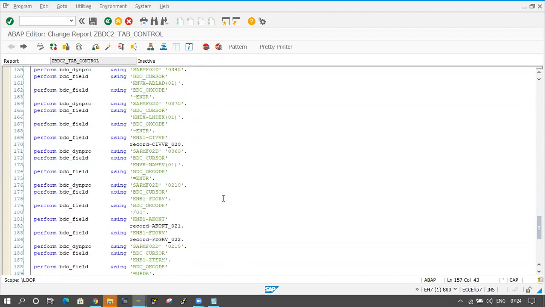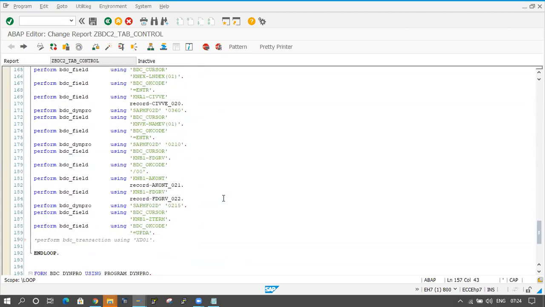So what I'm doing here, I'm looping. I mean, I'm taking multiple pieces of information here. I will show you in the debugging how it will work.